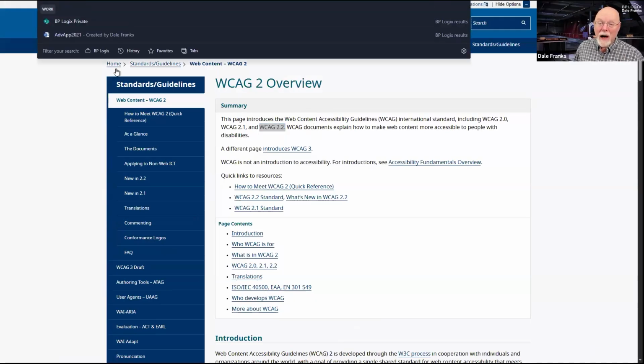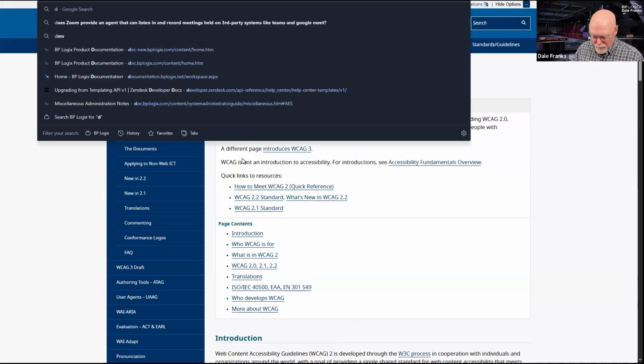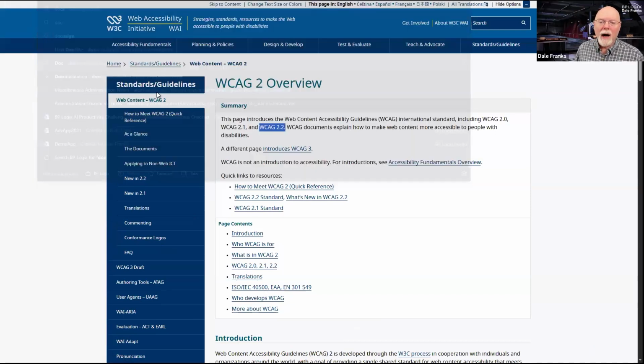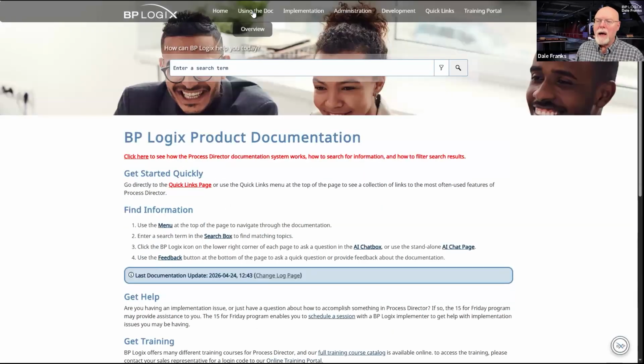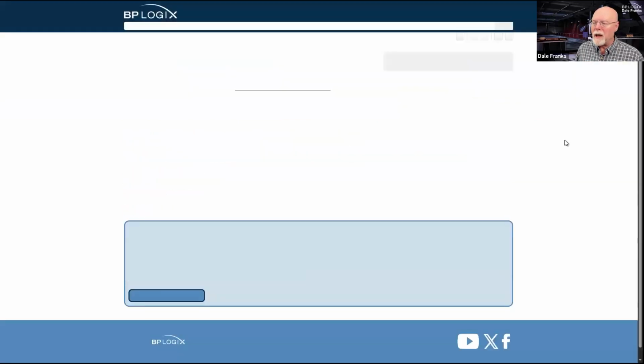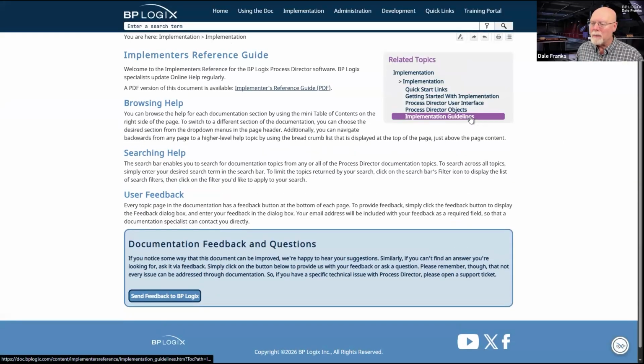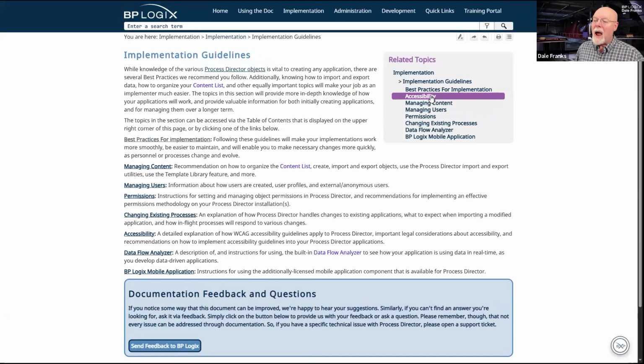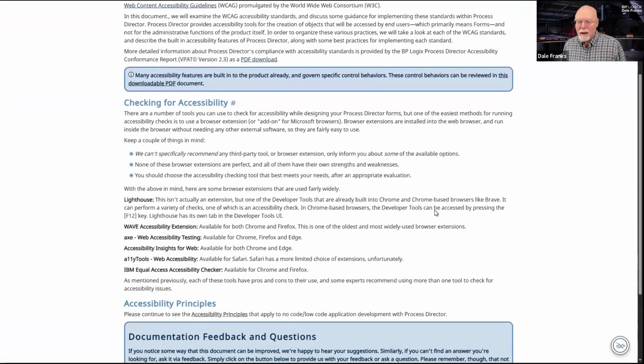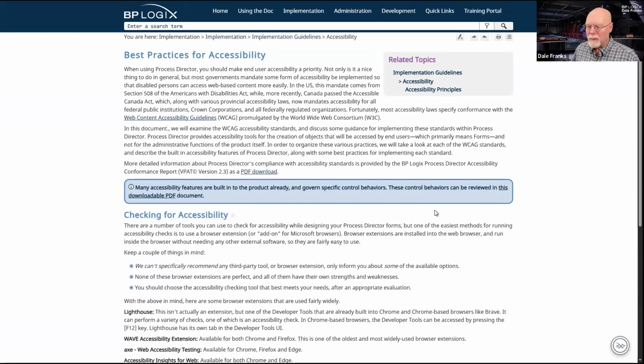Now, in the documentation for Process Director, we'll just go to doc.bplogix.com. If you go into the implementation guide, then implementation guidelines, and then accessibility, there are 4 pages of accessibility. I should tell you that I am actually revising this section of the documentation to add more detailed information about certain topics.